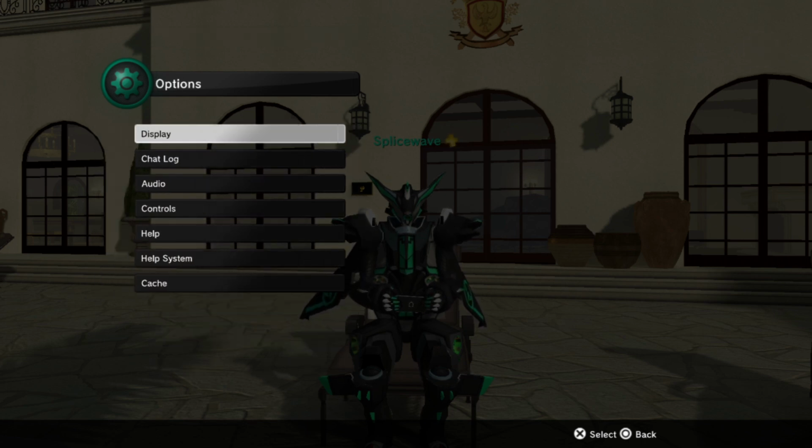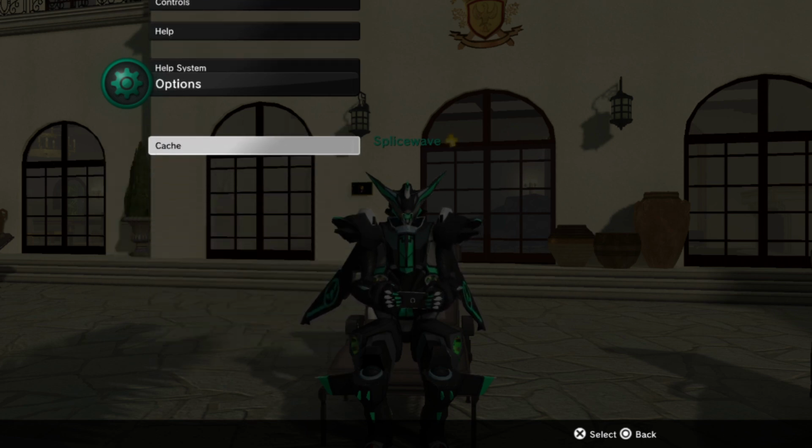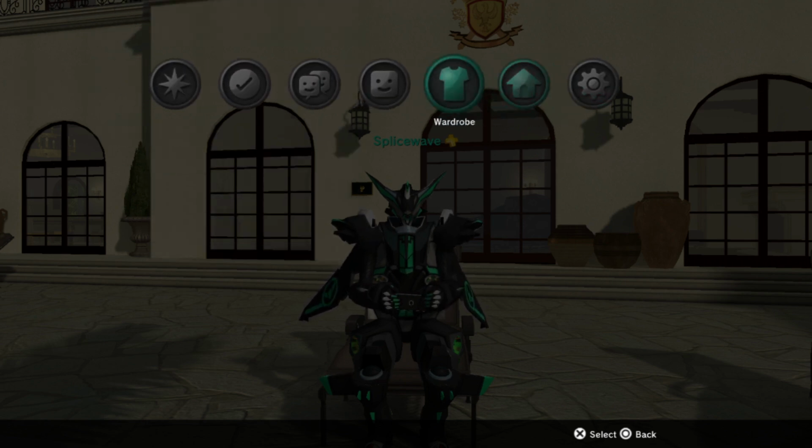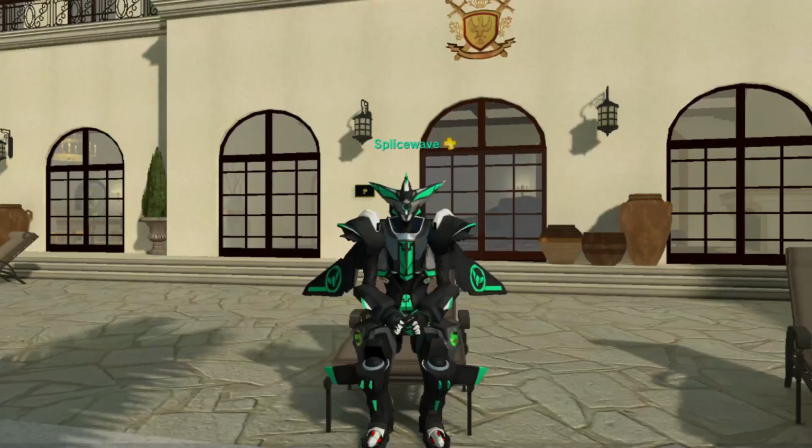And since we're on PC, I think this is worth a mention. If we go down to cache, change cache size, I recommend setting it to 12 gigabytes as by default it is only 3 gigabytes and 12 gigabytes will allow you to enjoy much more of PlayStation Home without the need to re-download everything. And also, if we go over to News and Social, News, it will load up the news